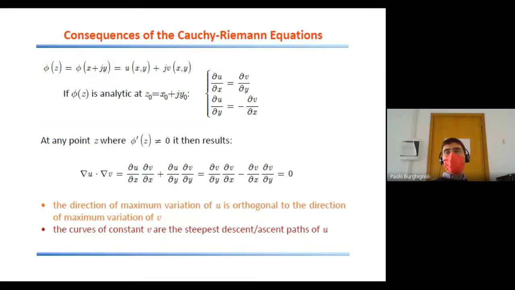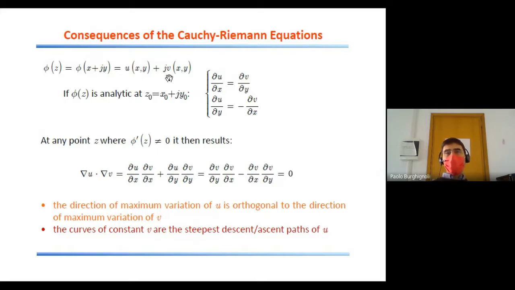Now, let us see all these things a little closer by recalling some properties of analytic functions. We will assume that the function phi of z is an analytic function. This means that the Cauchy-Riemann equations hold for its real and imaginary parts. Remind that the Cauchy-Riemann equations relate the first derivatives of the real and imaginary parts of an analytic function one